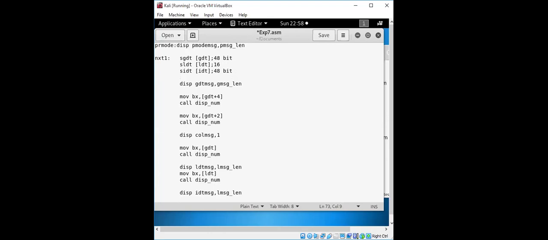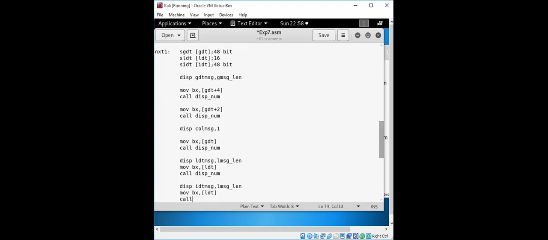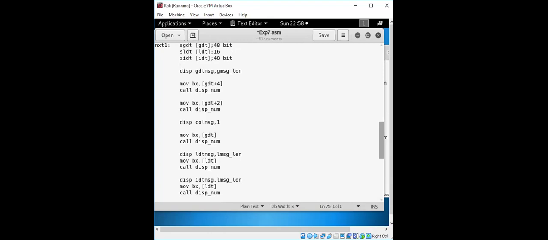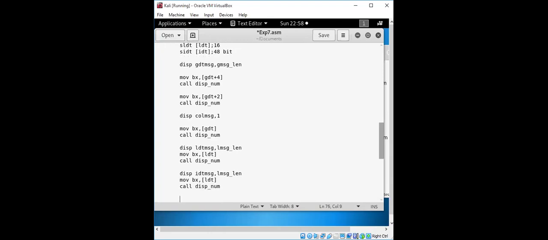Every time, first we'll display the message and then we'll get the content, right? So it will also have the same format. So we can get the content of the LDT, whatever values are there, we'll call the function. It will be taking the values, right? Now the further messages that it will have, in the form of